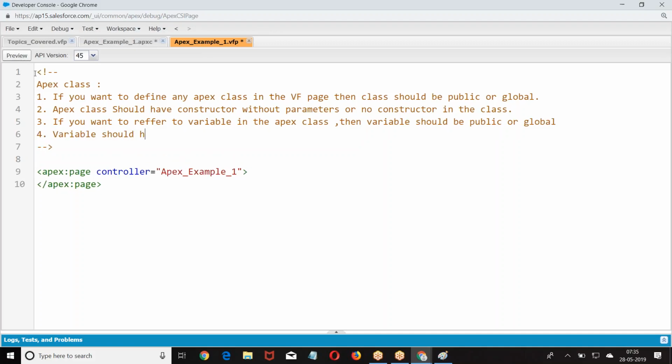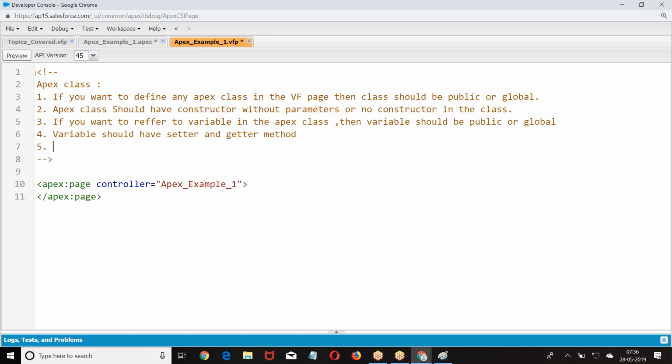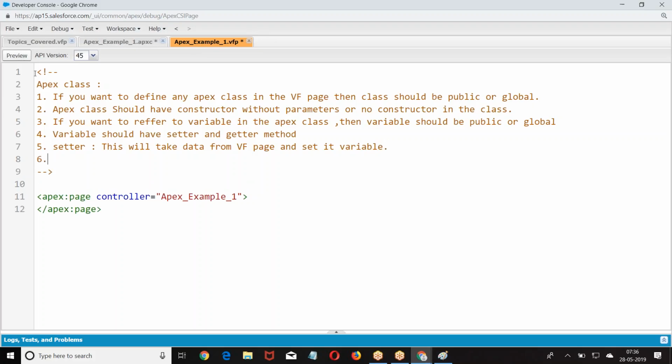The variable should have a setter and a getter. Setter will take data from the VF page and set it to the variable. Getter will take data from the Apex variable.